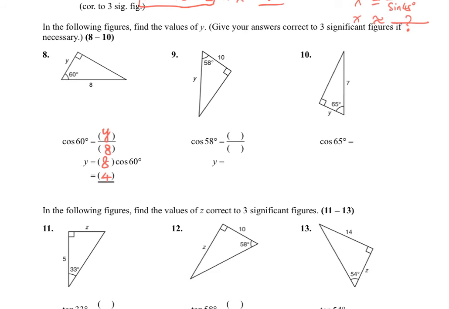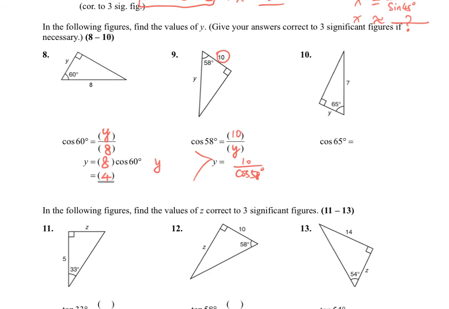And question 9, use cosine 58. We use the adjacent side, which is 10, over hypotenuse, which is y. Therefore, y will equal 10 over cosine 58 degree. If you cannot get this answer directly, you may write the